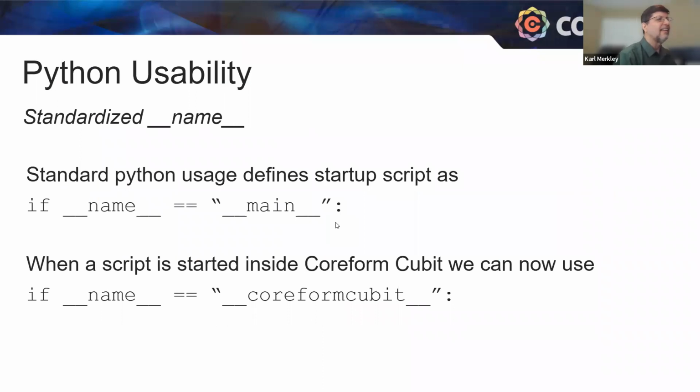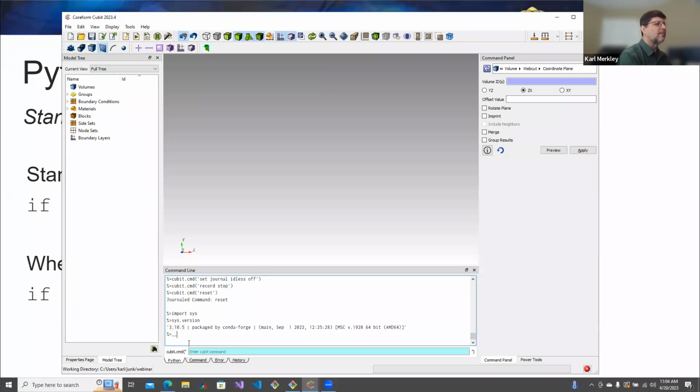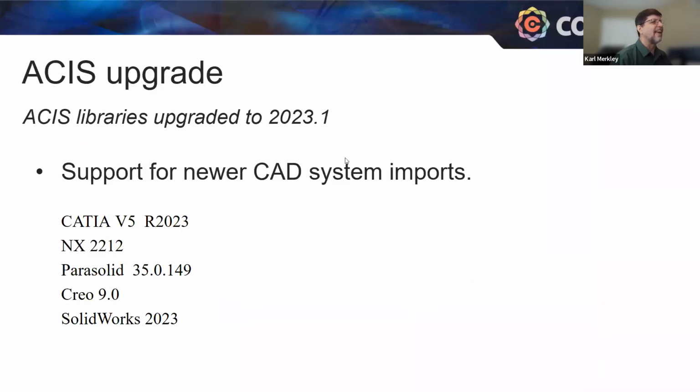Another thing to do with Python is we've standardized the use of the underscore name value. Standard Python defines __name__ as being __main__. Now, if you are inside of Coreform Cubit, back here in the Python script, if I check this value of __name__, it is now Coreform Cubit. That means that if I have a script that I'm starting up and I have something like, if __name__ is __main__ or __name__ is Coreform Cubit, I can run my script either from inside Cubit or just from the command line and do testing and validation that way. Once again, that's a little thing seemingly, but it's a nice thing in terms of